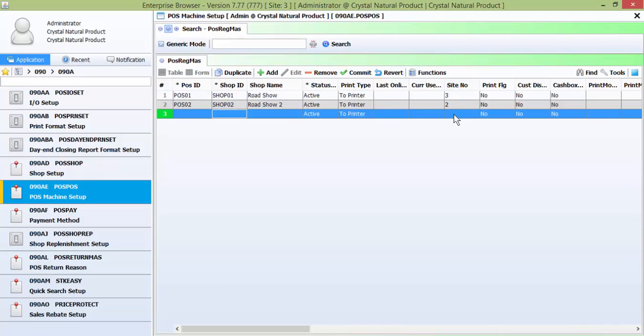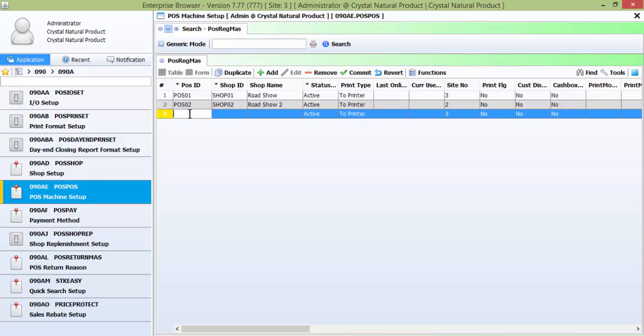Let me explain first what is a site. The site number can be found on the top of your EPB application. So one registered computer will have one site assigned to it. So if you have 2 user IDs using the same computer, both of them will see site 3 over here. So if you are using this computer and this site to do your point of sales, just put in 3